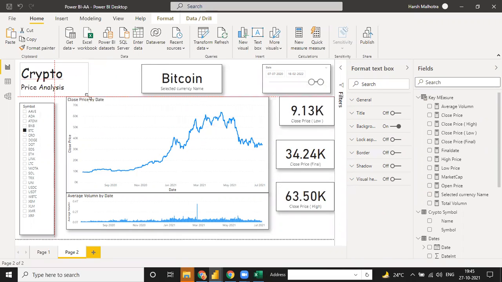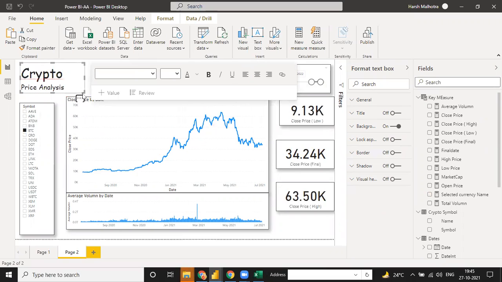You can use crypto price analysis. Okay, and click on this.